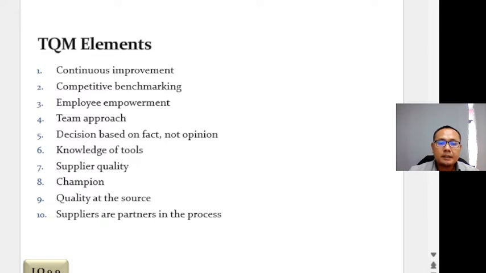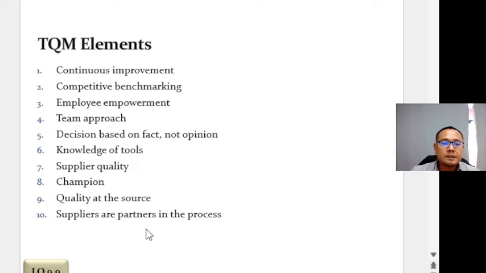So many companies have successfully implemented TQM programs. Successful TQM programs are built through the dedication and combined effort of everyone in the organization. So the preceding description provides a good idea of what TQM is all about, but it doesn't tell the whole story. There are a number of other elements of TQM that are important: continuous improvement,